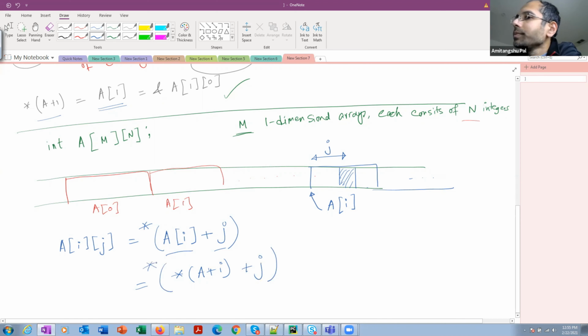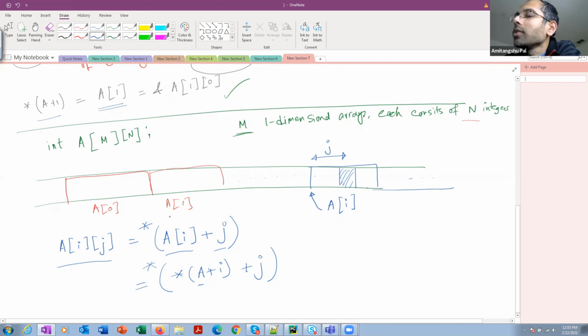Okay, clear to all of you? Again, let me explain. A of ij, if I want to fetch the element, first I need to go to the ith 1D array, and from the starting address, go to the j integer location and fetch the element. And how can I go to the ith 1D array? I will start from A and add I, because if I add 1 to A, it will go to the second 1D array of n integers.